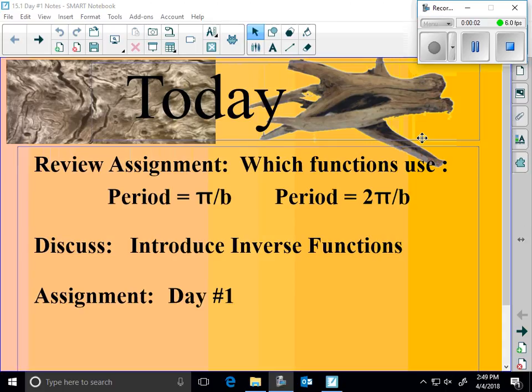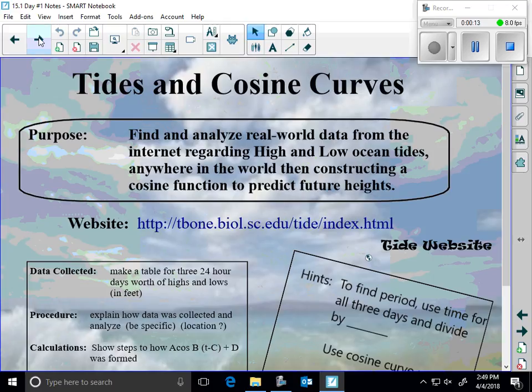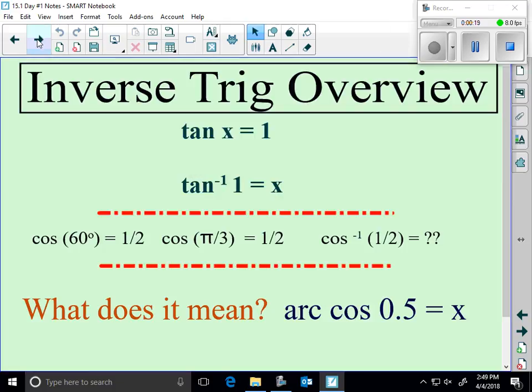Hello there. Today is 15.1, day number 1, notes on the introduction of inverse trig functions. We're going to go ahead and just jump right in. We're going to talk about a lab in a little bit. It won't be tides related, it'll be daylight related. But if we jump into inverse trig right away,